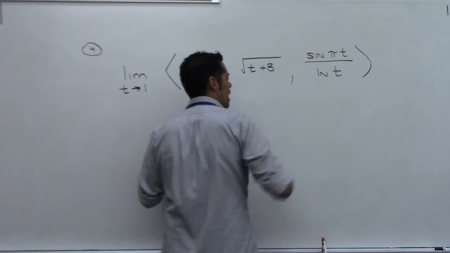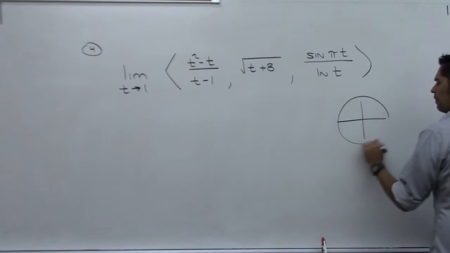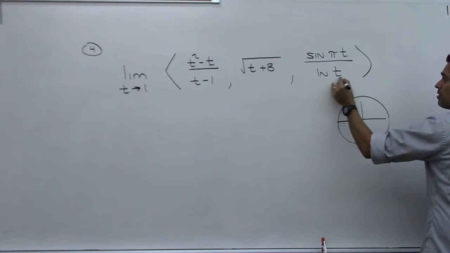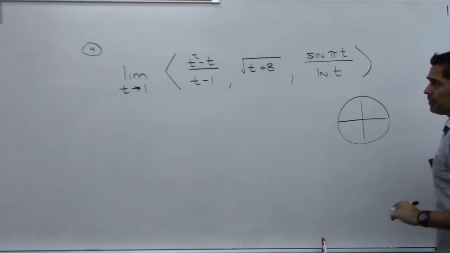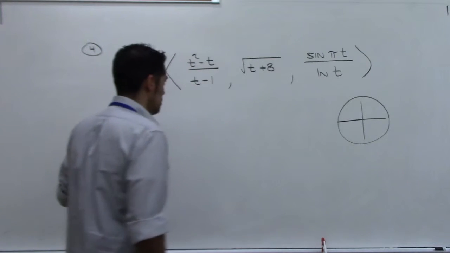Here, sine of pi. Remember, sine is the y coordinate. Pi is over here, so sine of pi is 0. And then natural log of 1 is 0. So I get 0 over 0 there. So what I'm going to do is say that this is equal to, by L'Hopital's rule,